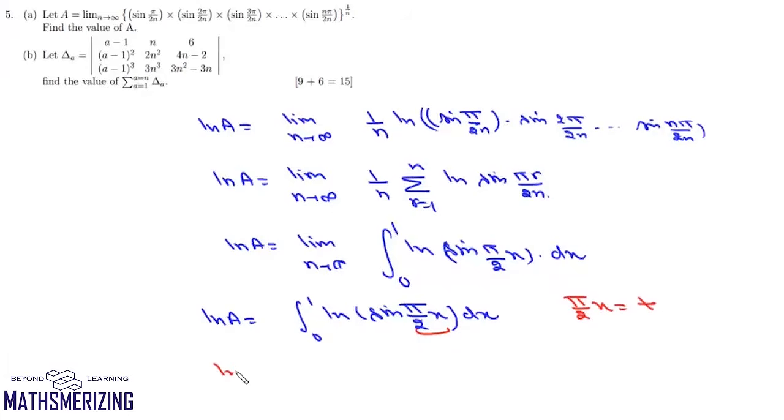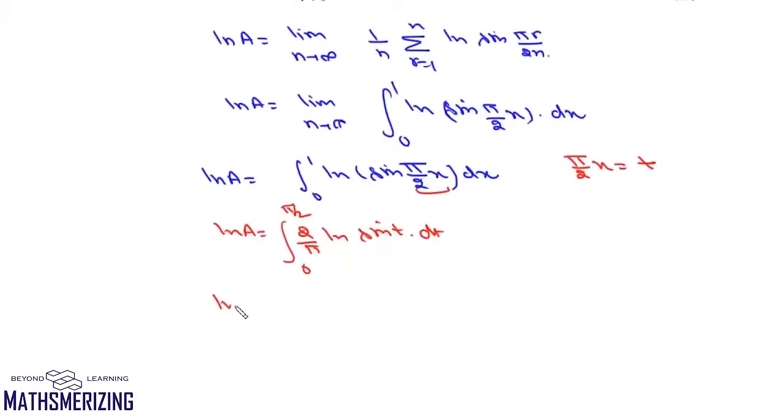So we can write log a as log sine t, and then the derivative dx will be 2 upon pi dt, and the limits will change from 0 to pi by 2. So we can write log a equals 2 upon pi times the integral from 0 to pi by 2 of log